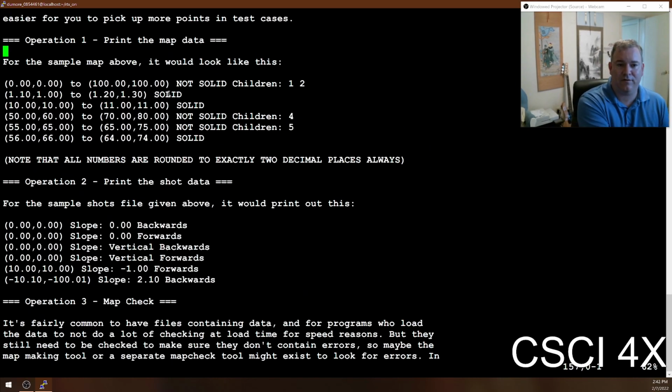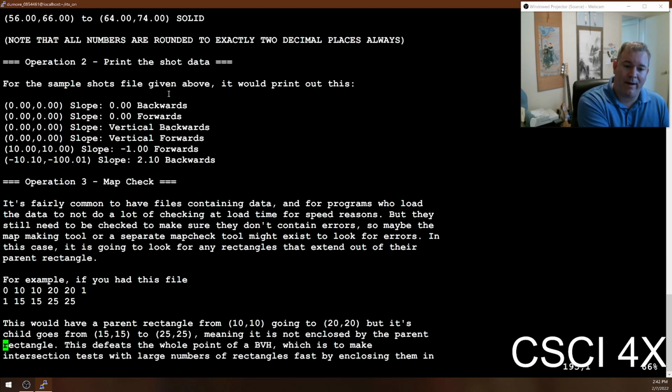So the first thing you do, just load the map and then print it to the screen. Second thing, load the map of shots, print it to the screen. Third thing, map check. Okay, so this starts getting a little more interesting. And by the way, I structured this so that the kind of stuff you're doing is actually accurate,